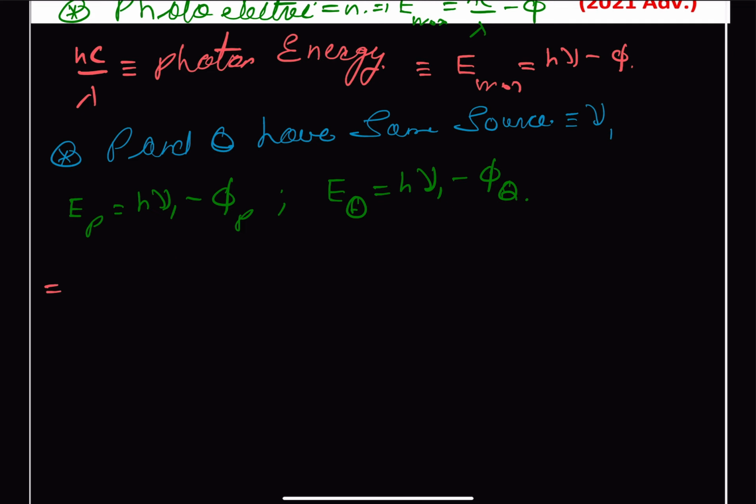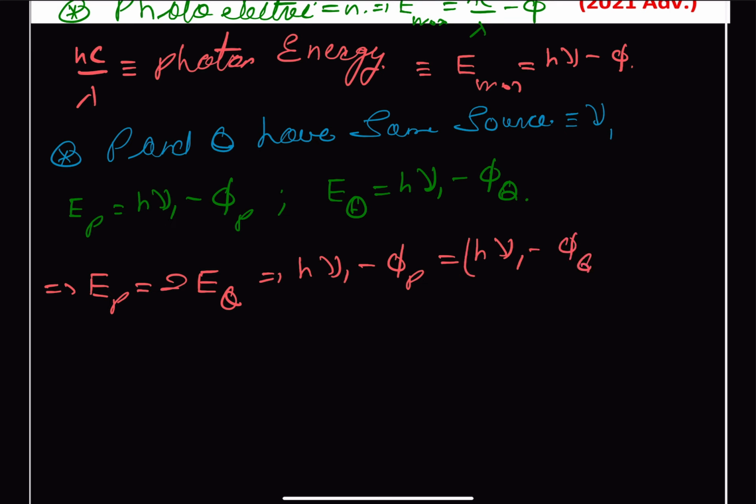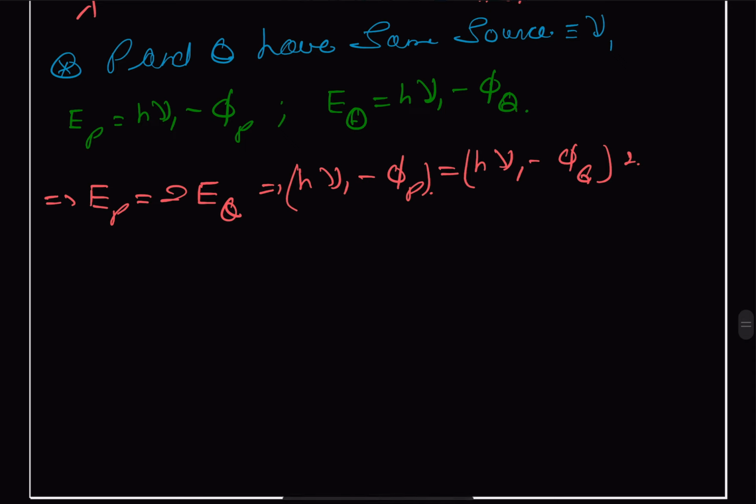So we are given that EP is equal to twice of EQ. We substitute, and we get h nu1 minus phi of P is equal to h nu1 minus phi of Q, and the whole multiplied by 2. So this will be twice h nu1, giving h nu1